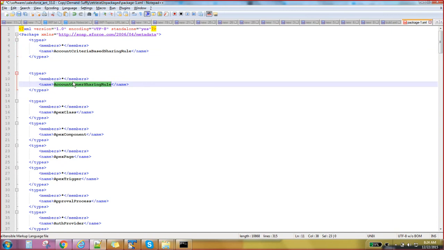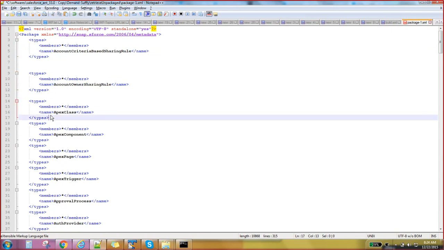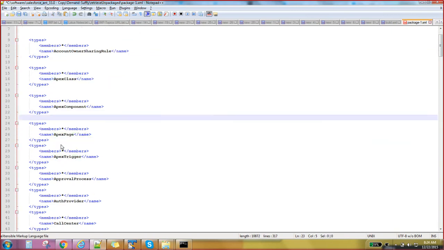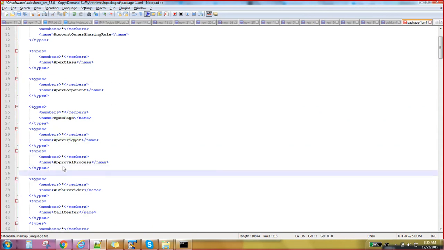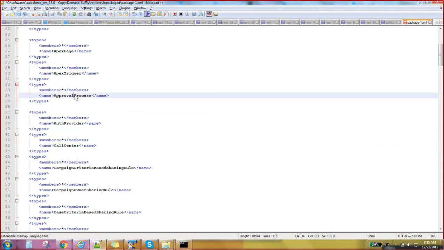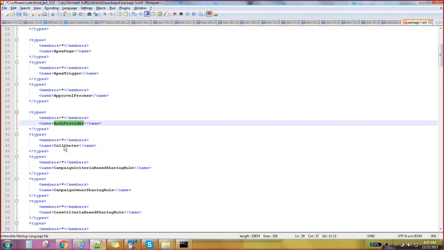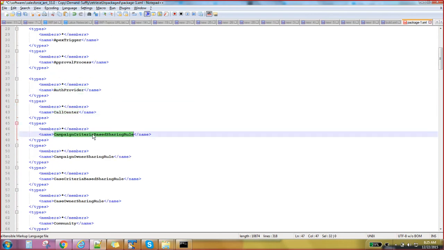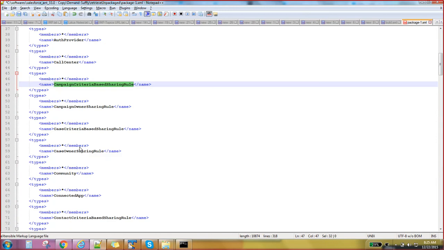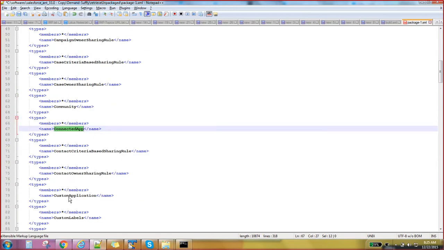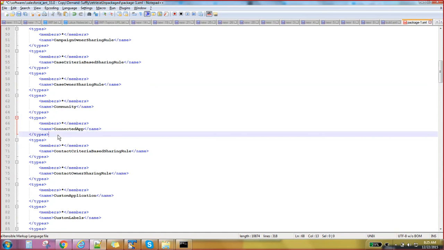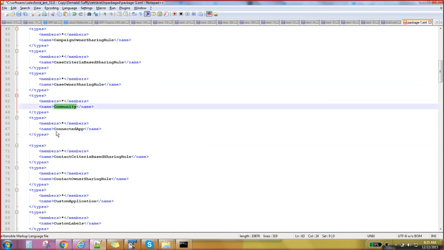Or Apex class, Apex component, Apex pages, Apex trigger, approval process. If you want to deploy an approval process, this should be the case. Or auth provider, call center, campaign criteria based sharing, case sharing, or community. If you want to deploy a connected app. You can deploy community also using Ant.